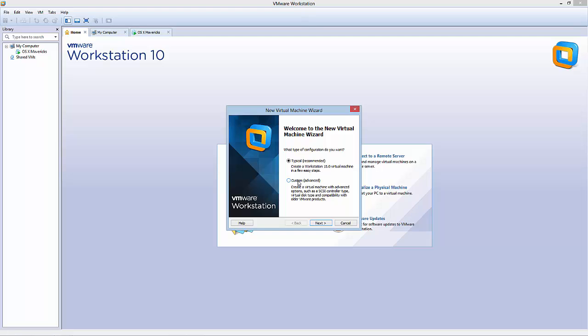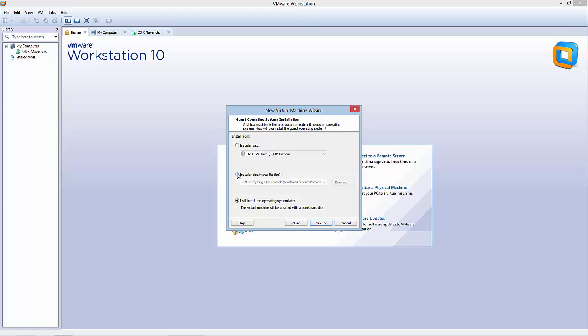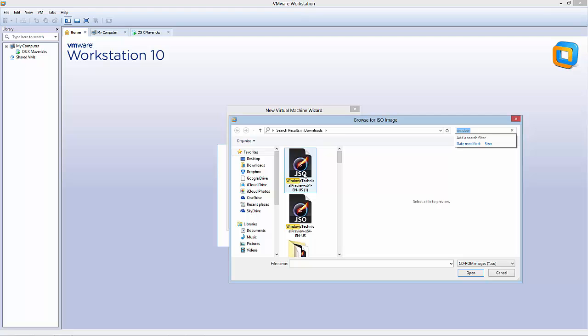Simple as that. I don't advise going to custom. There's no point in it. I've never really seen, I mean, there's probably 1 or 2 times I've ever seen something worthwhile going to custom, but those are mostly business. Other than that, I don't see a point in it. Go to typical, and what you need to do is go to the installer, and if you didn't burn it on a disk, then make sure that you just click the middle one so you can find it on your computer. Let's browse, and here we go,